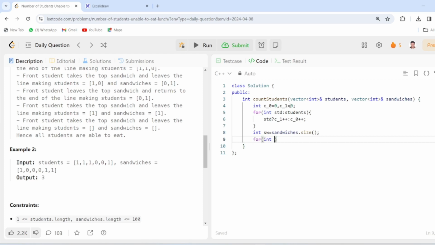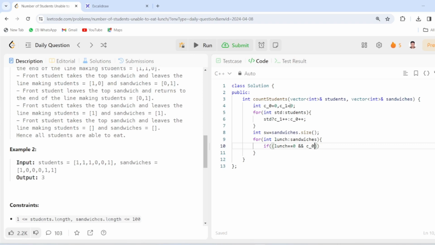And now we will take a for loop, name it lunch, and it will come from the sandwiches array. Now we will check whether we have to break this loop or not.